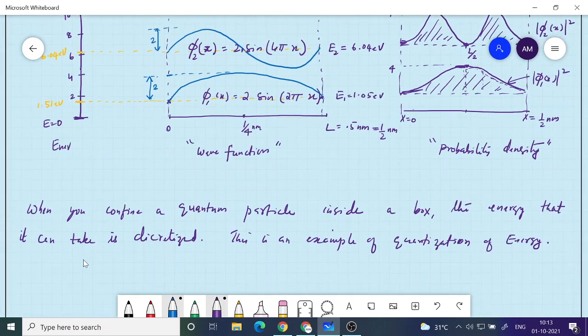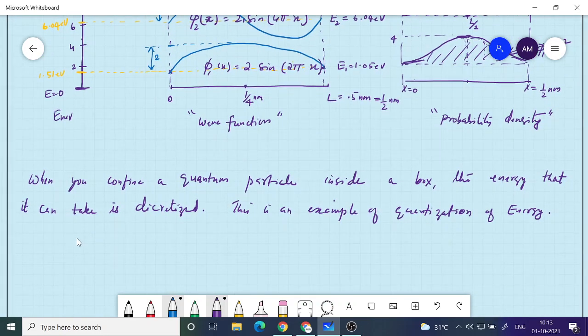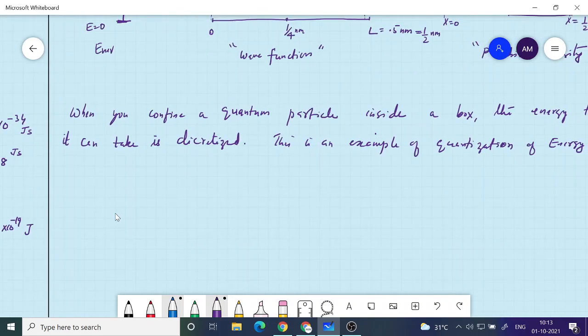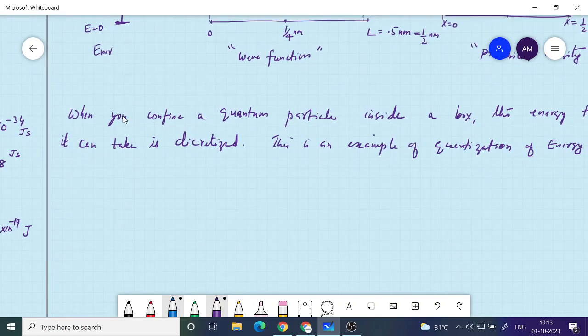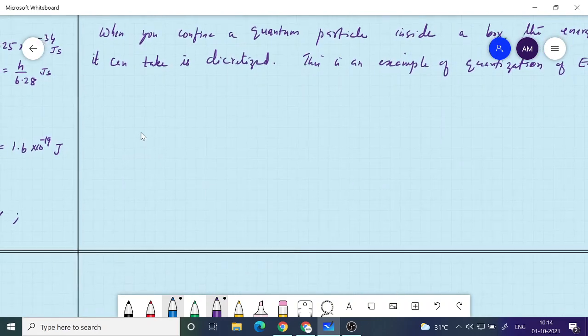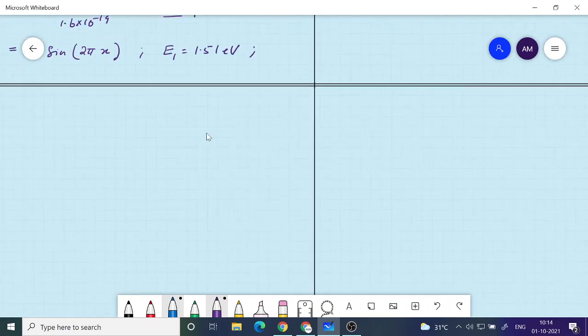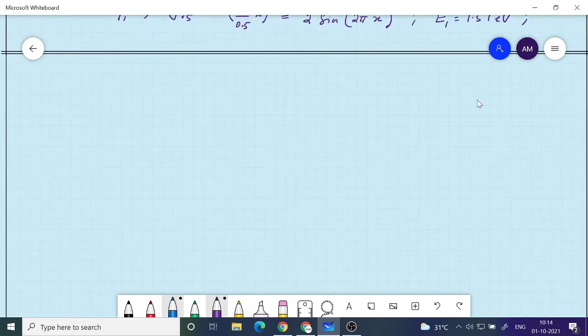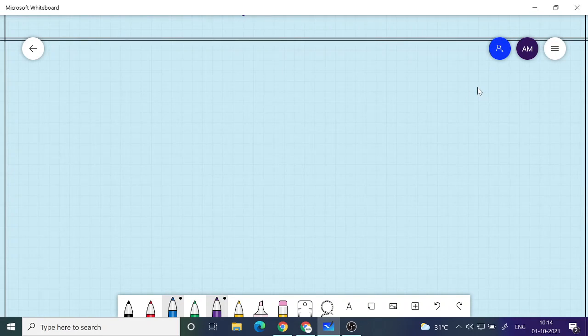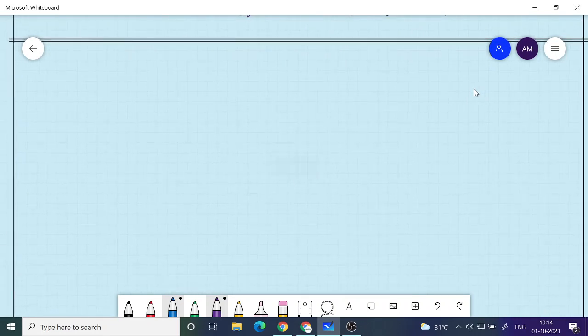So then people started using the Schrodinger equation to solve many other problems. But as you take more complicated V of x or potentials, for simple potentials you can solve it, but when the potential becomes slightly more complicated, solving the differential equation becomes very, very tedious. So the number of problems that you can solve by analytic methods is very limited, okay. So what people usually do is go for a numerical method. That means they use computers to solve this.